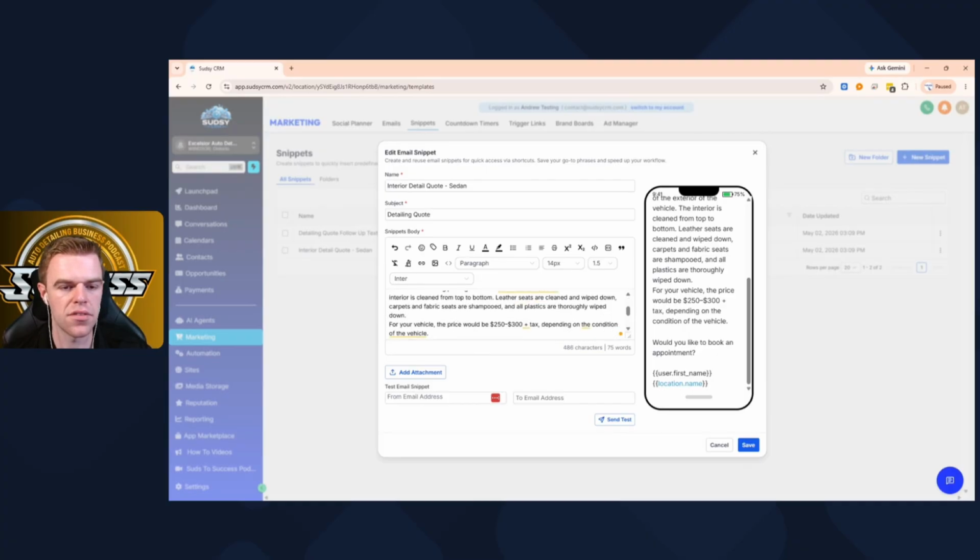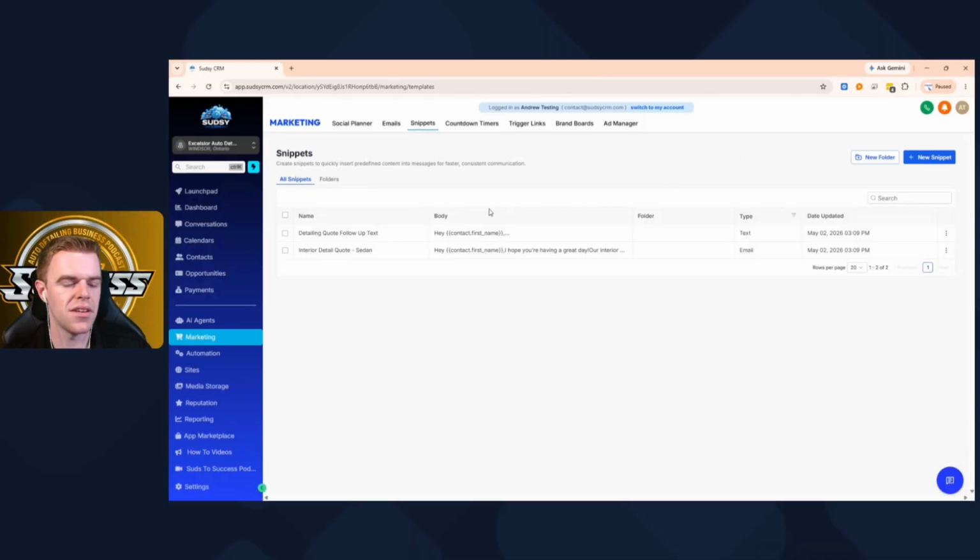So if this person requests a quote, let's say they submitted a form and you have a year, make, model from the form, you can just do this. So it'd be for your year, make, model they write in the form, the price would be 250 to 300. The benefit of this is, and you could do like one for text, one for email, is let's say you